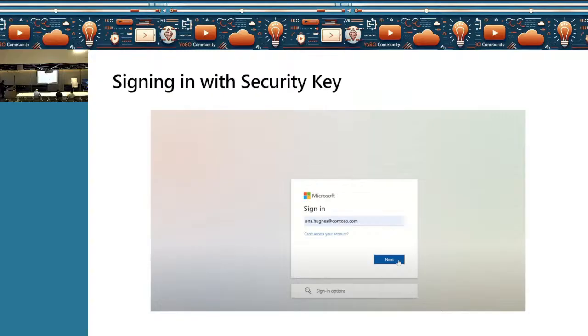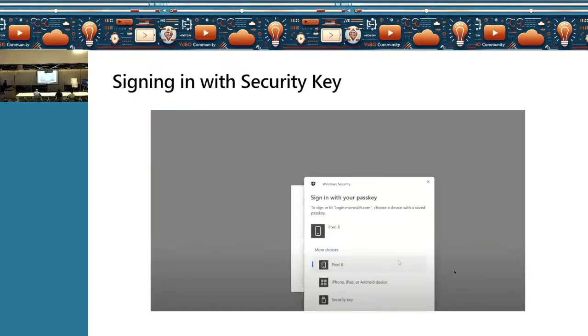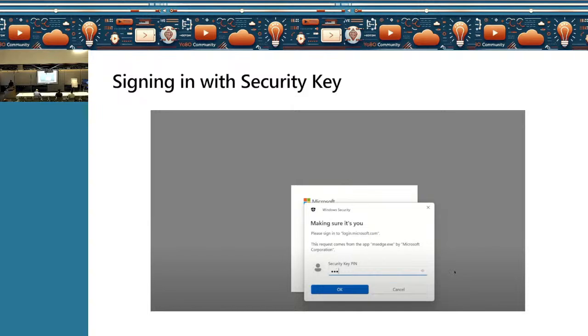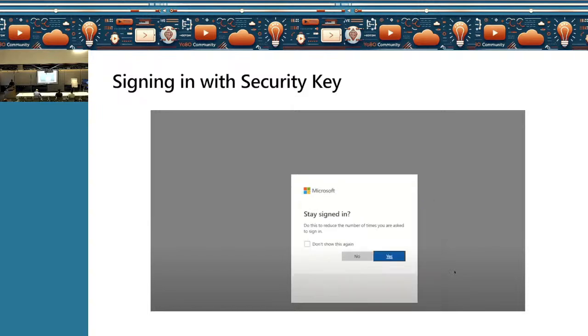All right. So again, a similar experience when you try to sign in with the security key as well, right? So let me show you. In this case, you can see just that you're trying to log into the application, and this is what I was talking about. Sometimes the option takes some time to come. And then you will choose the security key, right? And once you log in with the security key, it will prompt you for PIN. Certain third-party security keys also have an option to do fingerprint or something like that. So this is something which you can use as well.